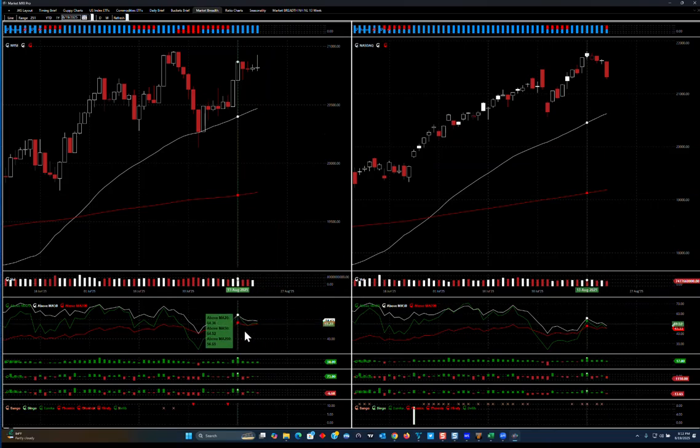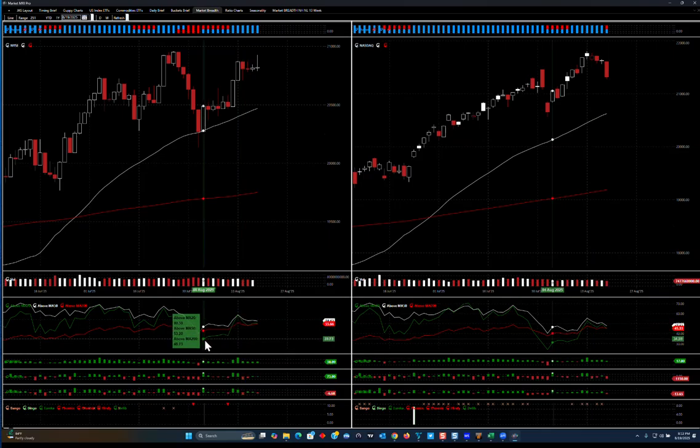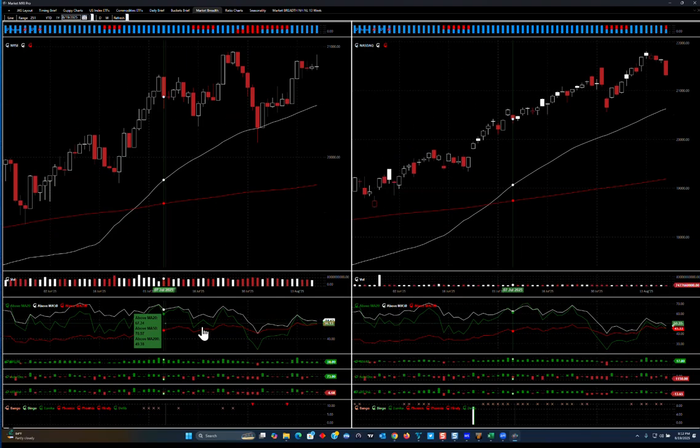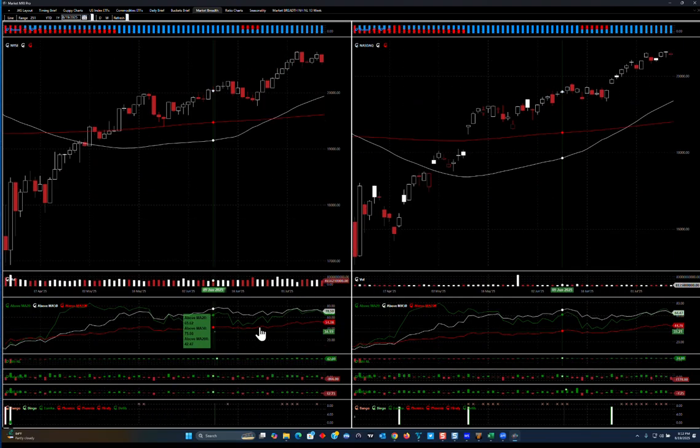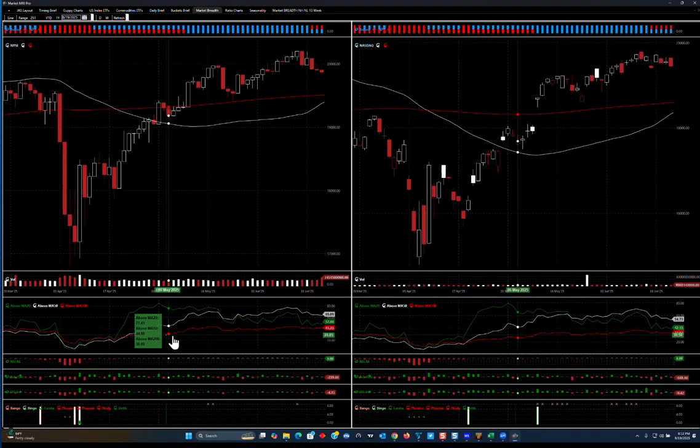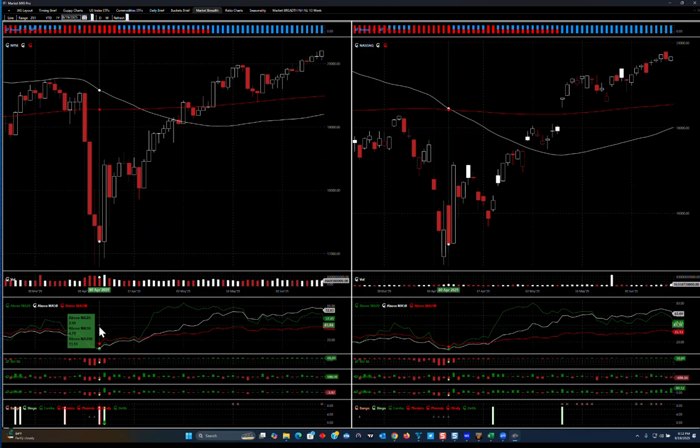These here are the stocks above the 50 in white, in green the 20, and in red the 200. Why is this important? Go back to April 7th. I think this is April 7th. Yep. April 7th,